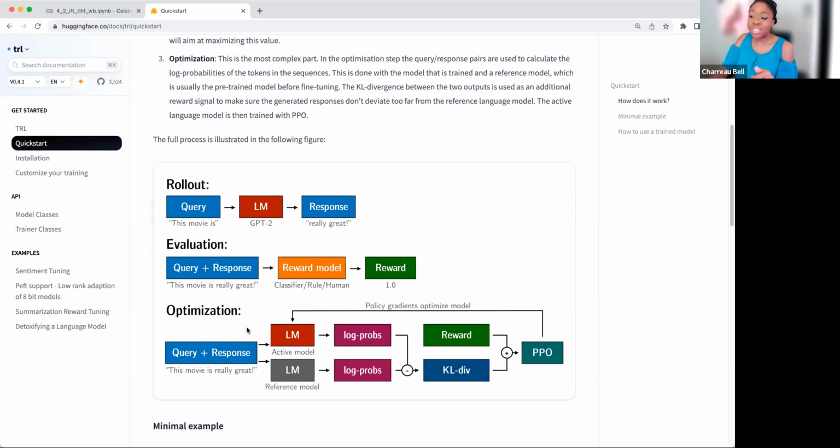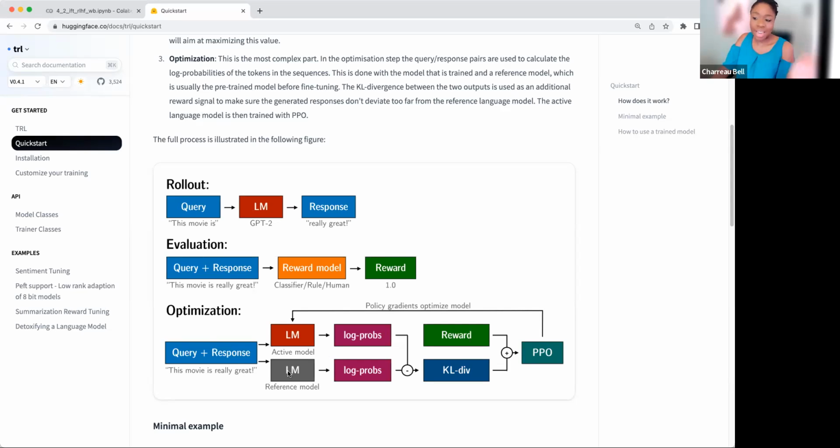Then we use this language model that we have to create a reference model from it, then we get responses out of the model, and we use our reward model to generate a reward, and together we use that to get this value that we feed back to our active model.